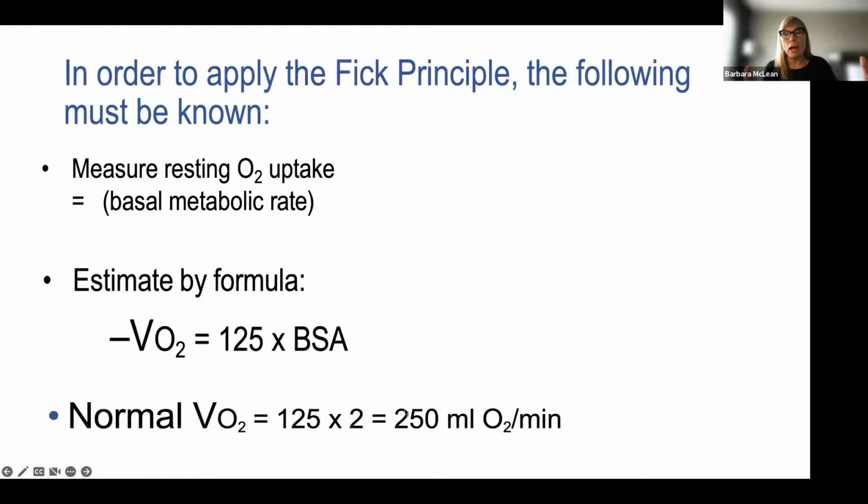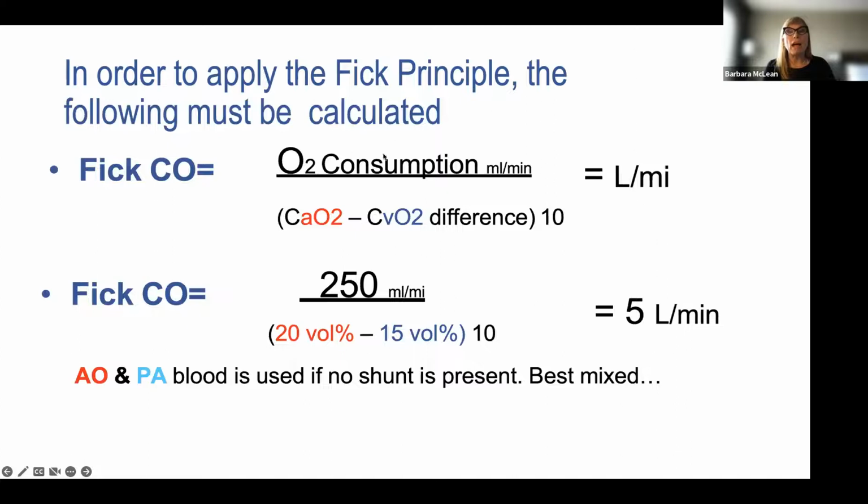Now, that may not be right because it's a prediction calculation. And then we take that oxygen consumption and we divide that by CaO2 minus CvO2. Normal CaO2 is 17 to 20%. Normal CvO2 is 13 to 17%, 13 to 15%, sorry. So 20% minus 15% is 5. Right, I'm going to divide 250 by 5 and multiply that times 10. That's going to give me a